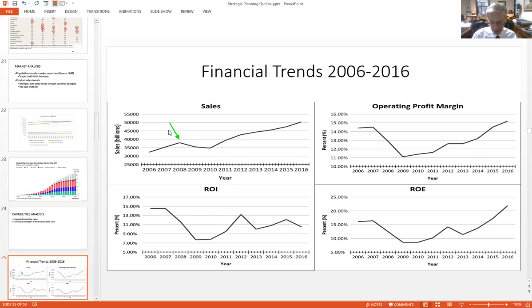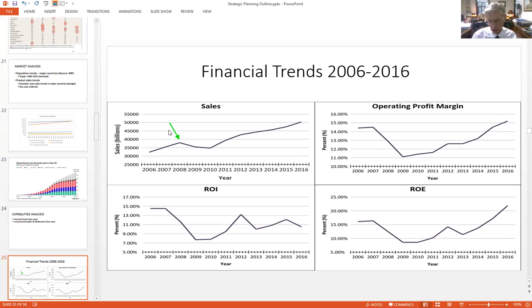So here's how the financial trends should be represented. You can see that these go to 2016. So I pulled these from a case that was done